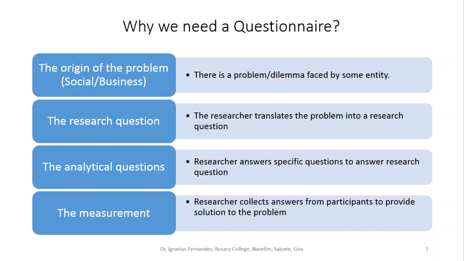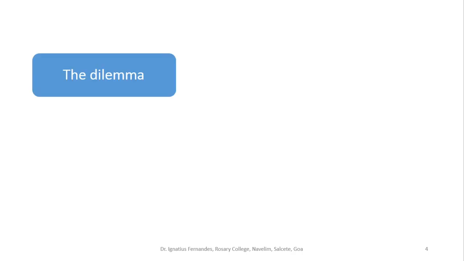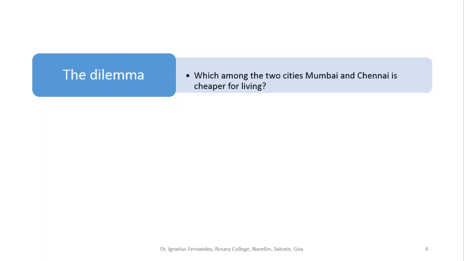Let's say, for example, in our data analysis modules we have been talking about the data where we are having those restaurants, a cost of meals in Mumbai and Chennai. Now this came because somebody wanted to know which among the two cities is cheaper to live. So there was some dilemma that is involved,